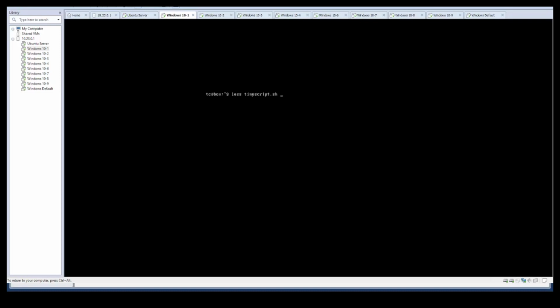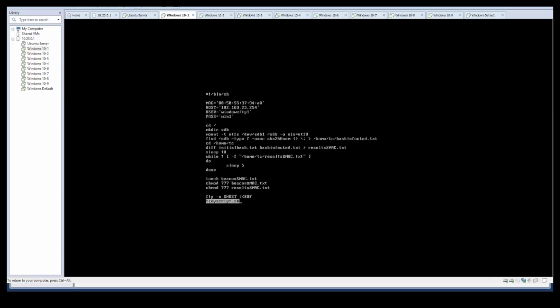So if we have a look at the actual script on here now, then we can see again it's got the MAC address of the device, and basically this script focuses on mounting the drive that Windows 10 is installed onto, and then using the find command it basically generates a SHA-256 sum for every file on the drive,